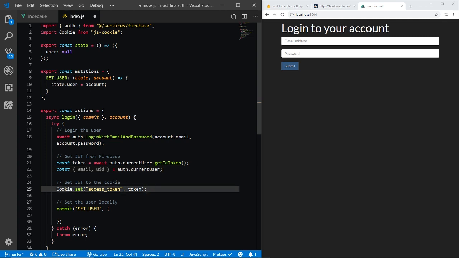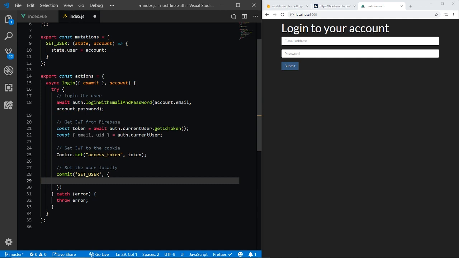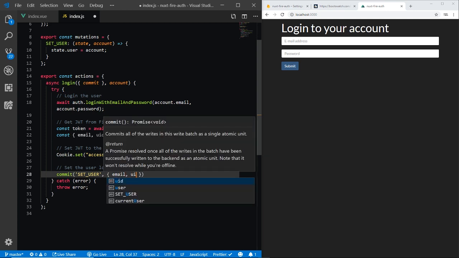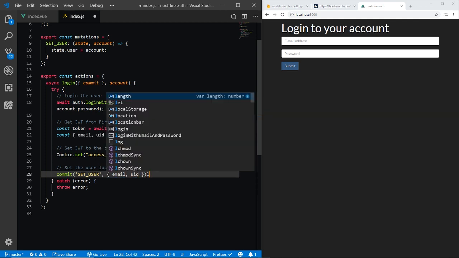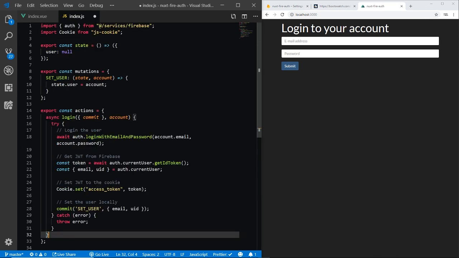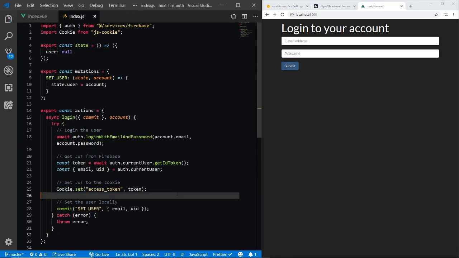So this will destructure the email and UID properties out of the current user, and all we have to do now in here is to set the user. We can just do email and UID, because I don't want any of the other properties to be set. So this will set the user locally, and then we have a user in our store, so we can actually test this. Let's save, and the way we'll test this is to